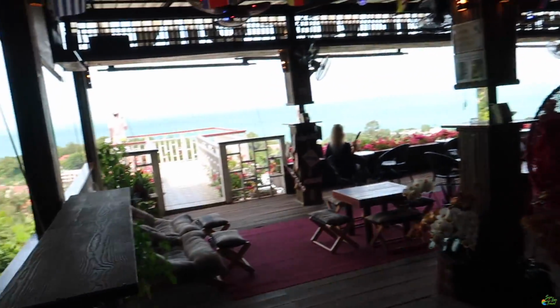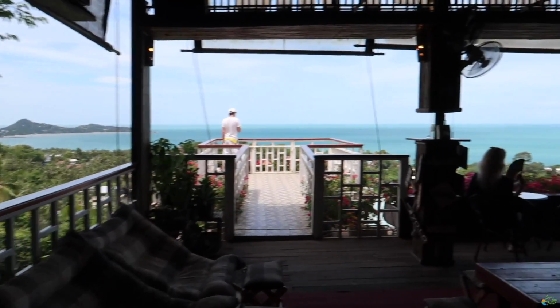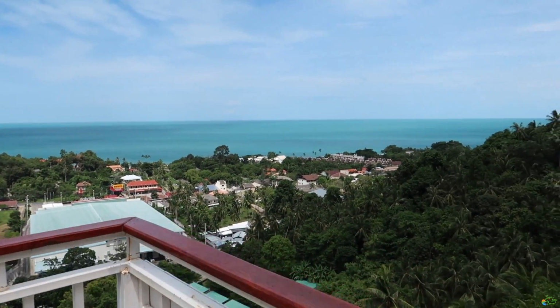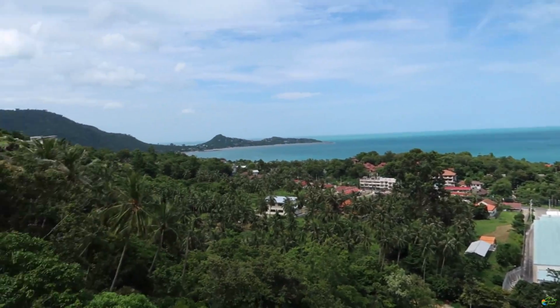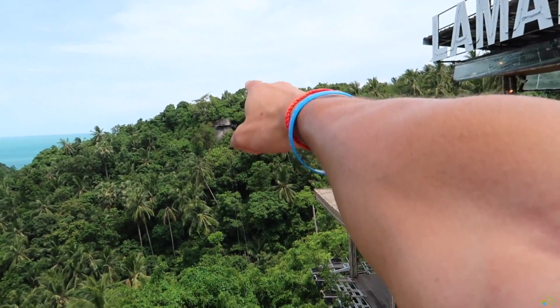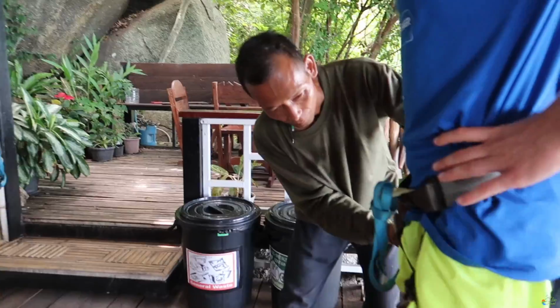Oh, look at this view. Oh my goodness. Woo! This is absolutely beautiful. This is gorgeous. It looks like the zip lining is over there. Maybe we can go from there to here. All right,